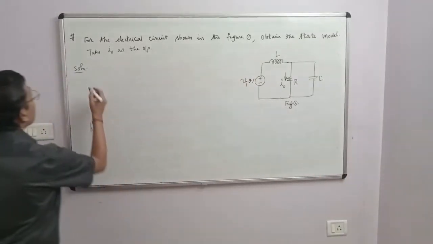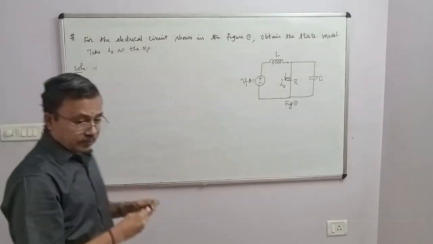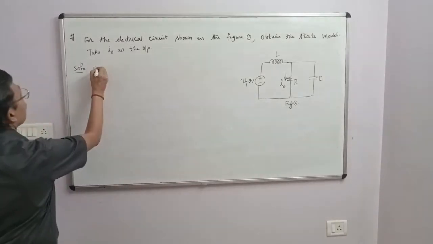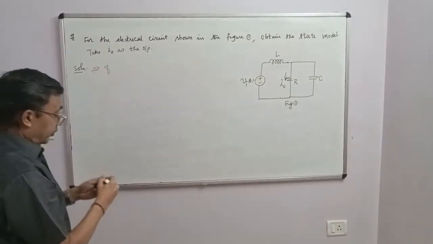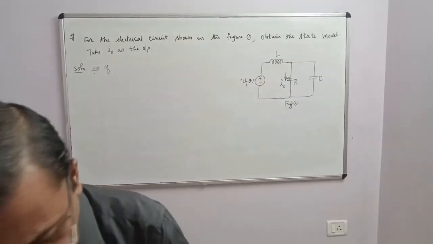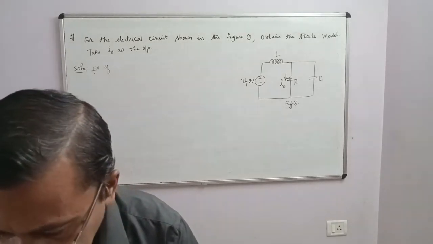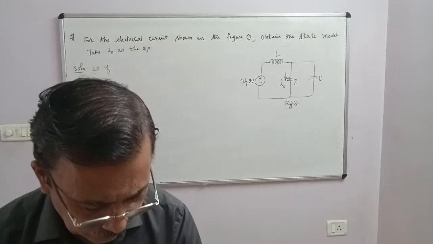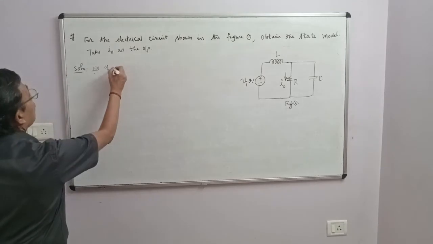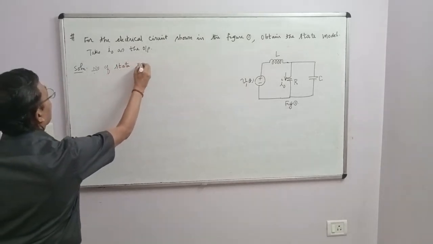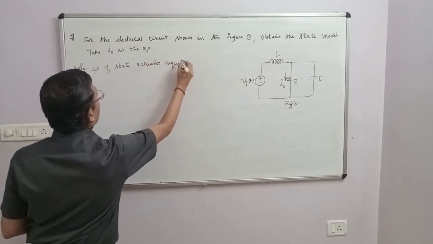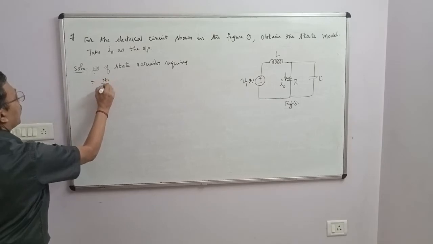I am going to write: number of state variables required is equal to number of